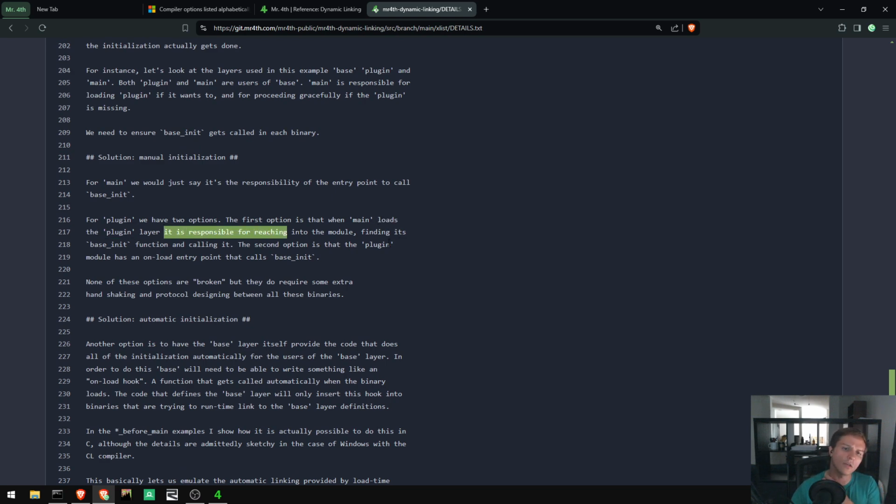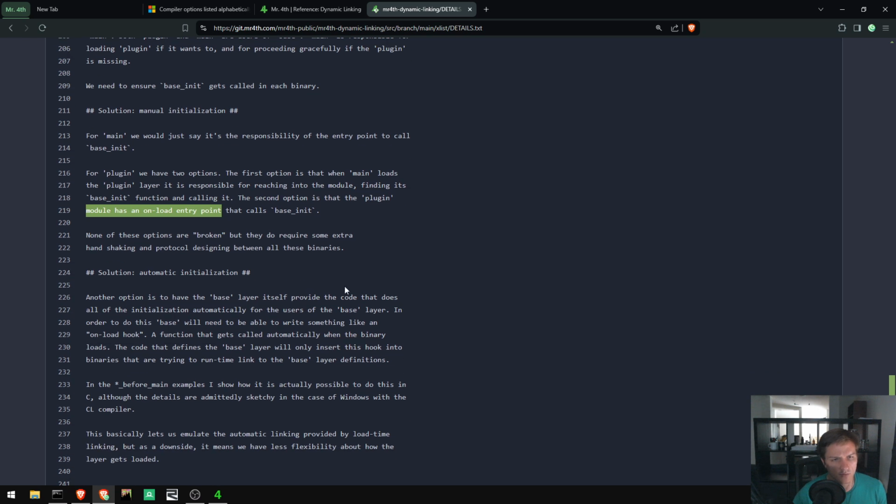First option is that when main loads the plugin layer, it is responsible for reaching into the module, finding its base init function, and calling it. The second option is that the plugin module has an onload entry point that calls base init. None of these options are broken, but they do require some extra handshaking and protocol designing between all of these